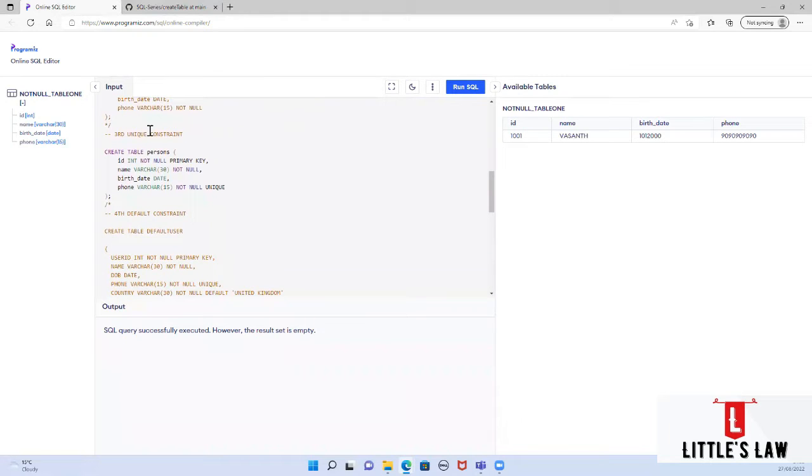So this is the third constraint, which is the unique constraint. Let me create unique_